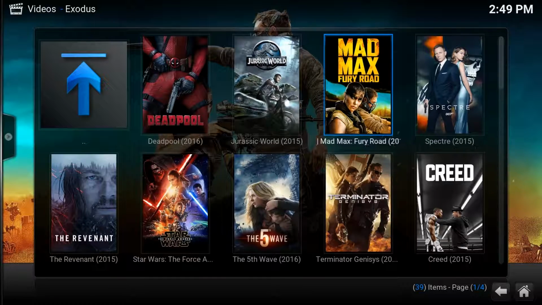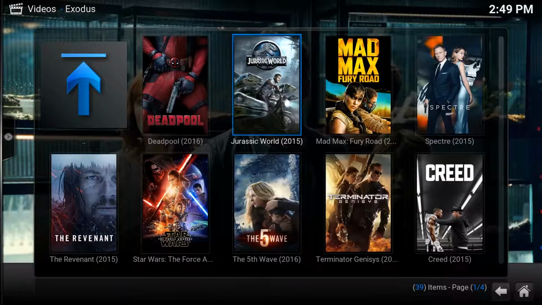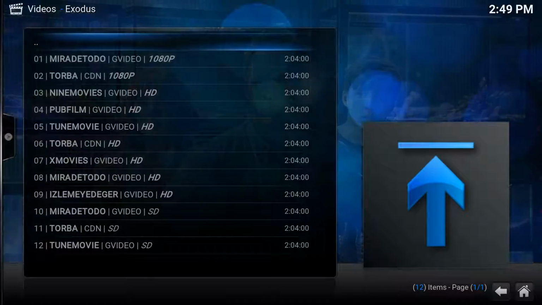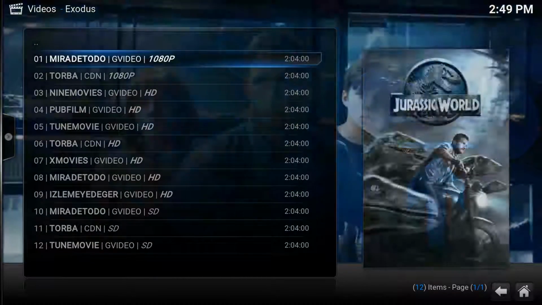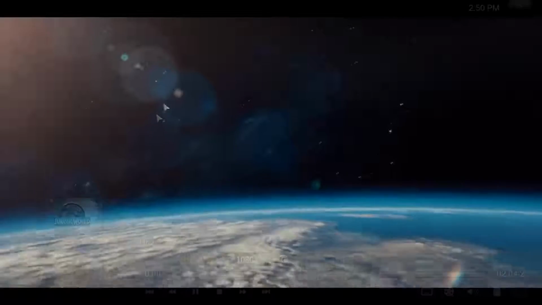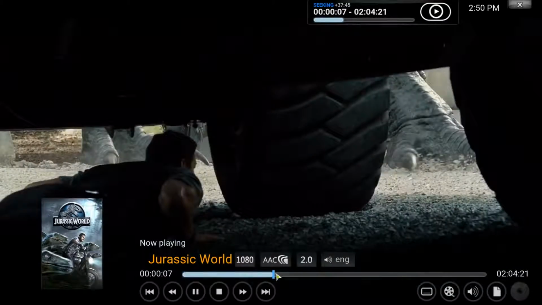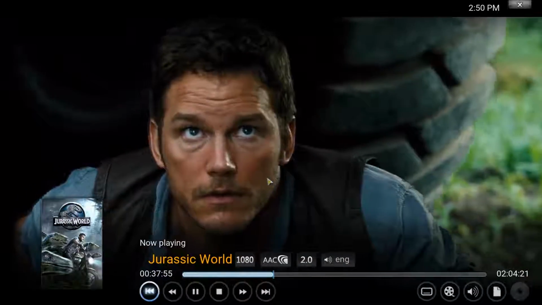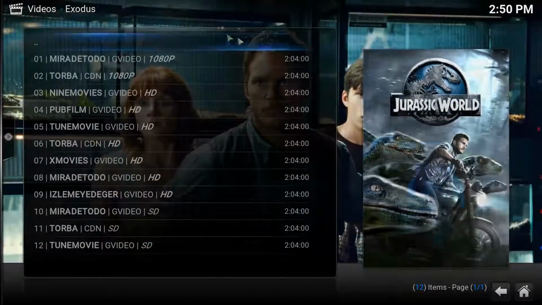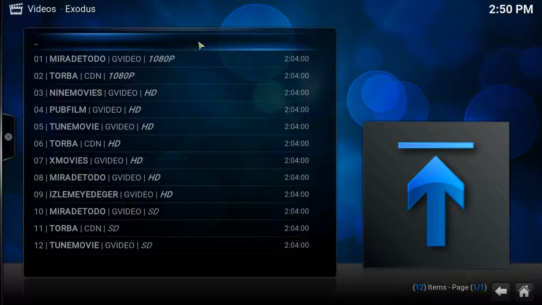For example, let's have a look at Jurassic World. What I'll do by clicking on this is it will bring it up and give me choices of locations of where I can watch this from. It will also tell me the kind of video quality that I'm going to be looking at. So if I want 1080p, give it a second. And as you can see, there we go, 1080p, Jurassic World, boom, straight to my TV. Cheers, easy! What I don't want to do is get YouTube kicking off because I'm watching movies. But that's it. That's how easy it is.